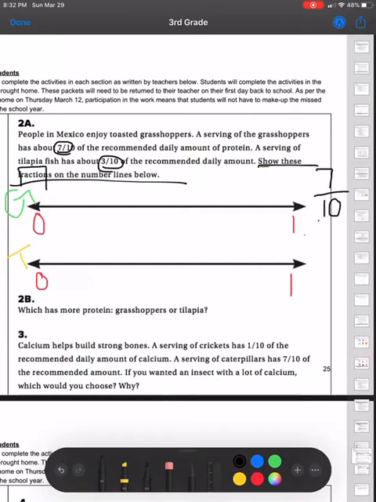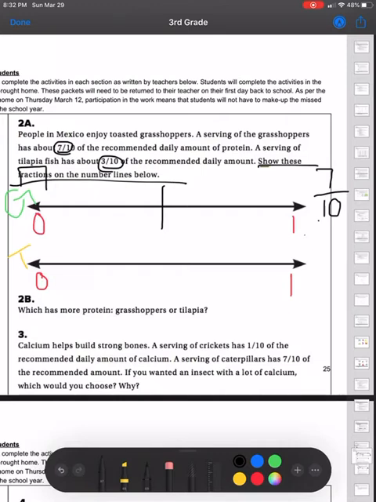My numerator is 7, which means that's how many blocks I'm going to color in, and my denominator is 10. Now remember, denominator is the parts in a whole. So in order for it to be a whole, it has to have 10 parts, which means I'm going to have 10 blocks, 10 lines